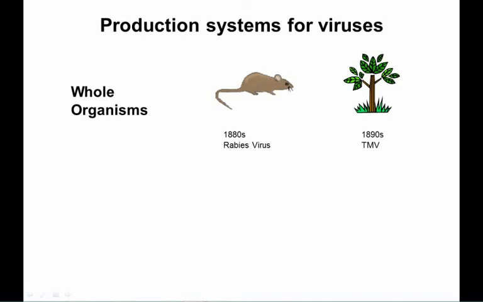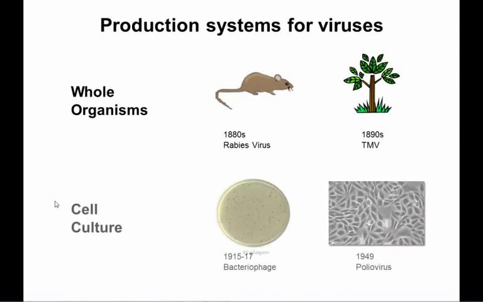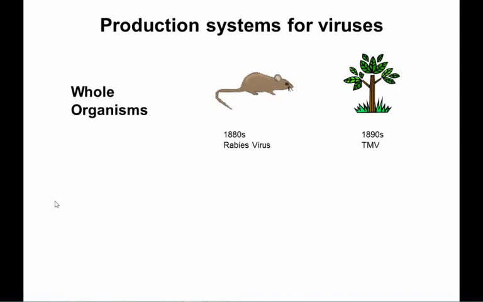And of course, the first ones were whole organisms. So this was Pasteur in the 19th century managed to propagate the rabies virus from the brain of one infected animal to the next. So in this case, the whole animal was the production system. And it was the same thing for studies of tobacco mosaic virus. Okay, so infected leaves that showed symptoms were ground up and then rubbed into the leaves of the next plant. So the whole plant was the production system. So you get some information from that, but